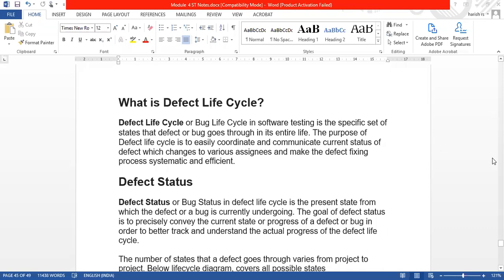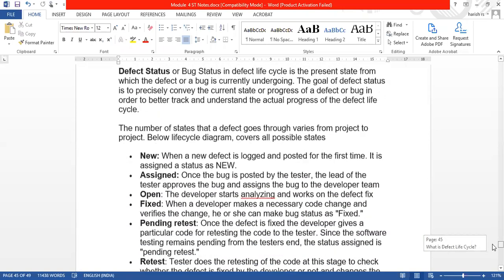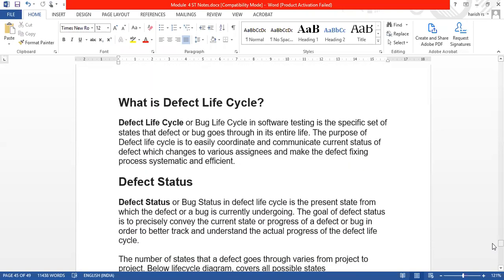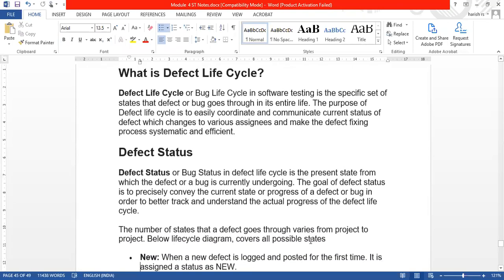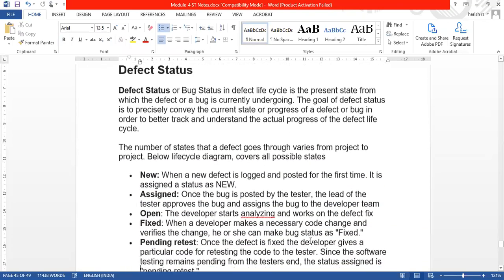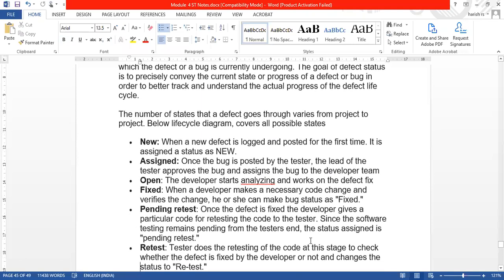The state of bugs, when I say, there are many states of bugs. For example, when you have found a new bug, if we find a new, first defect, then that is its status. We are now discussing the number of statuses that a particular defect can go through from one project to another, stage by stage.